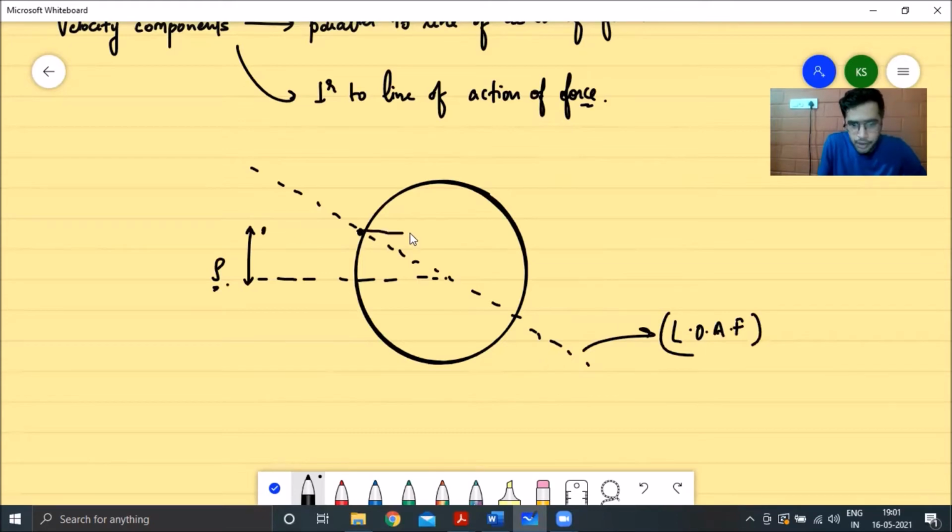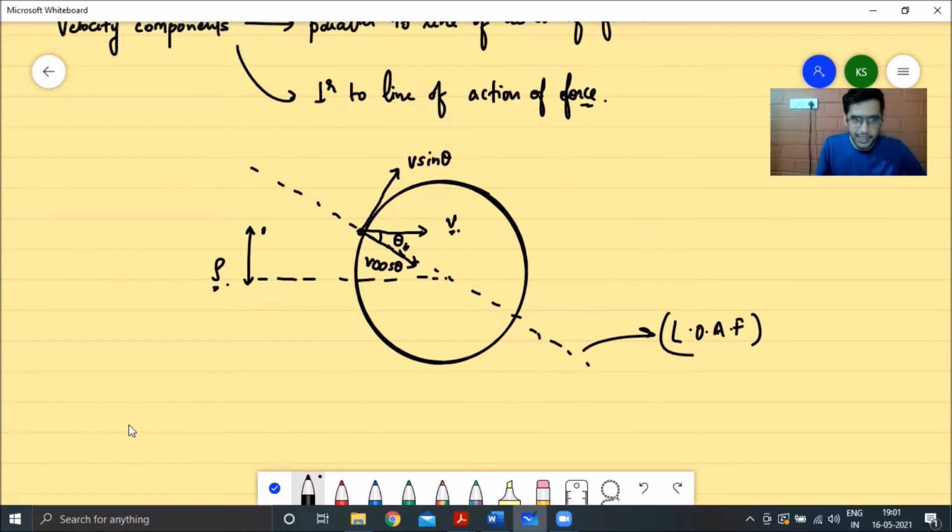And your velocity of the particle was V along a horizontal direction. Your particle had a velocity V towards the right over here, right? So let me take this angle as theta. We'll find out what that angle theta will be equal to, and all the trigonometric ratios related to it later. If I take this angle as theta, your velocity component of the particle along this line would be equal to V cos theta, and the velocity component perpendicular to this line will be equal to V sine theta, right?